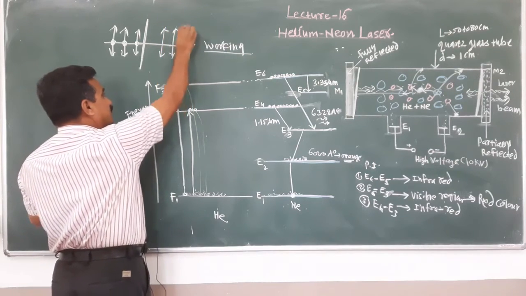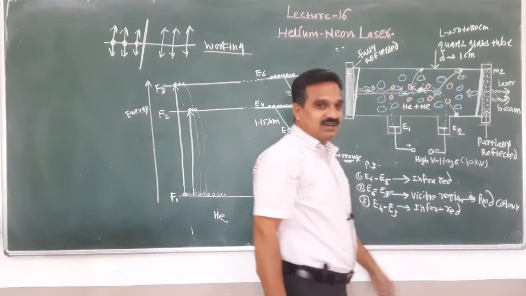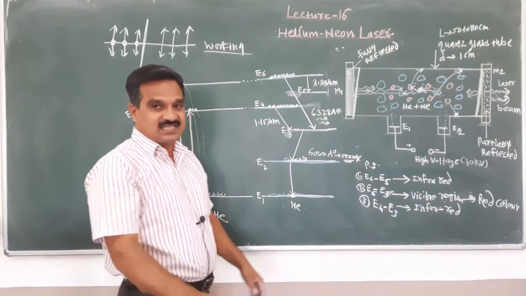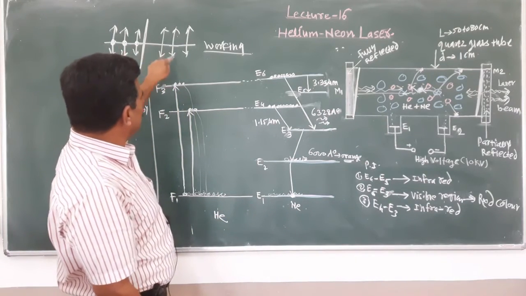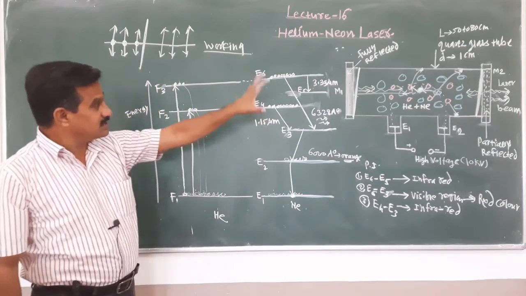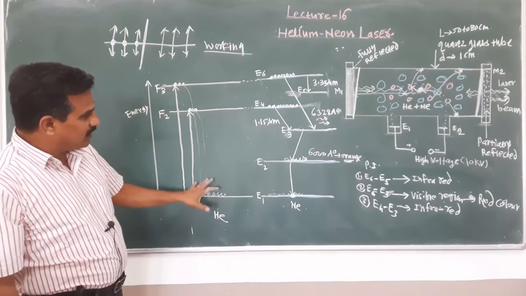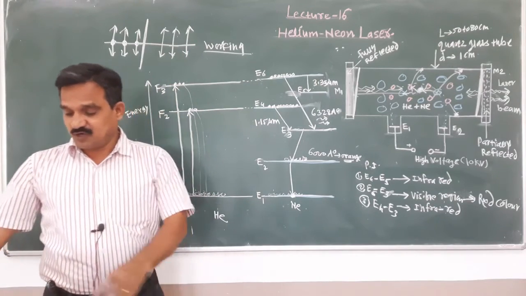What is the use of Brewster's window? The Brewster window shape is given, making some angle, and why this? That is to change the unpolarized light into polarized light. For that purpose it is used. This is about the construction, and this is all about the working. Remember, these are the steps. The next point you remember.